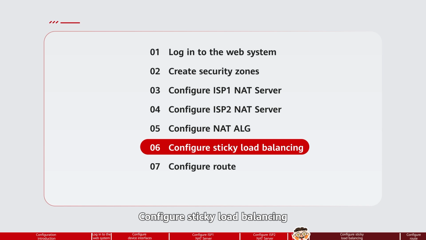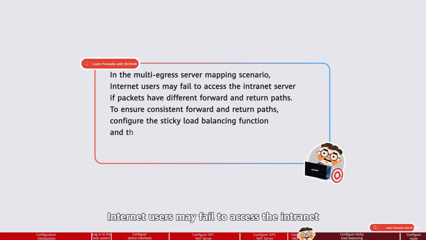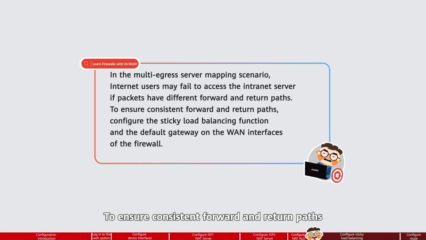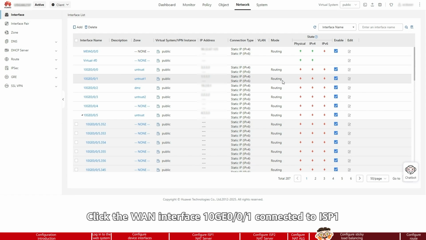Configure Sticky Load Balancing. In the multi-egress server mapping scenario, Internet users may fail to access the intranet server if packets have different forward and return paths. To ensure consistent forward and return paths, configure the Sticky Load Balancing function and the default gateway on the WAN interfaces of the firewall. Click the WAN interface